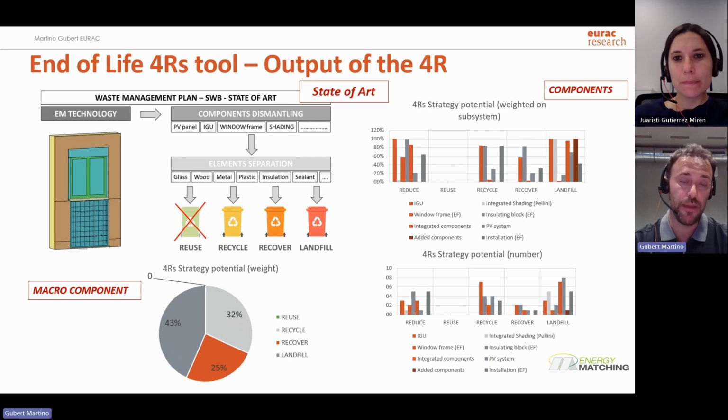A bigger part is composed by the PV panel and the glasses, because they are the heaviest part of the components. If you look at the windows, the IGU, the insulated glass unit, is codified as a waste, so you cannot reuse it, unfortunately. So this is impacting quite a lot.